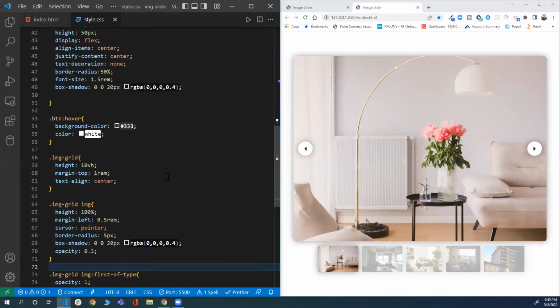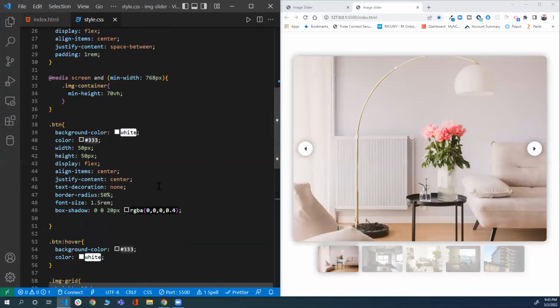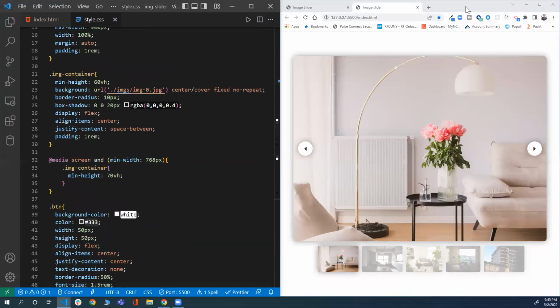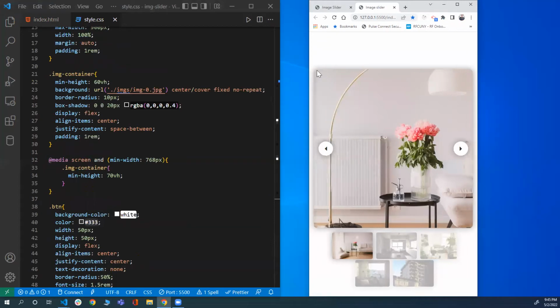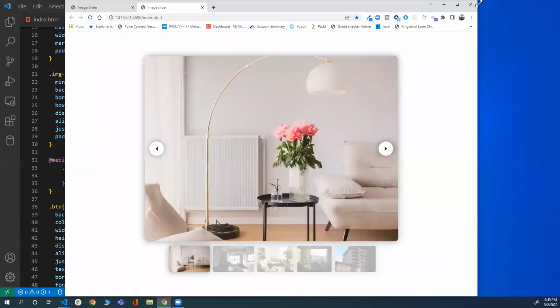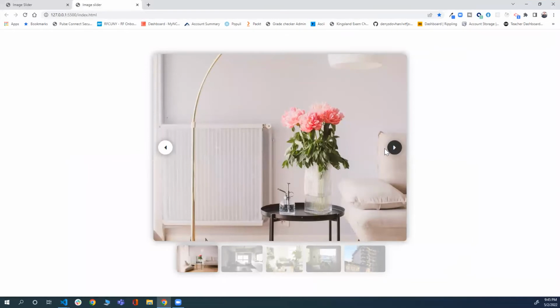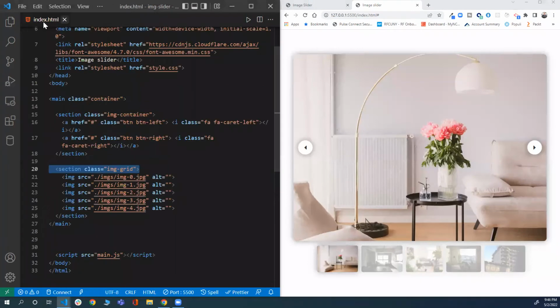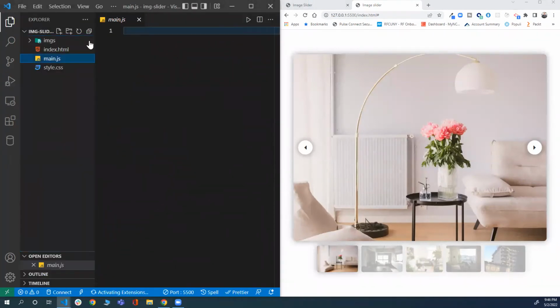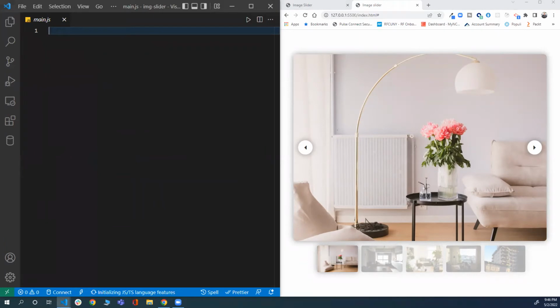And that's it for the CSS. It's very simple, not too much CSS, and you will see our application is taking shape already. And it's very, very responsive. Good. But now, as you can see, the functionality is not working, so we need to work on the JavaScript side. To work on the JavaScript side, I will open my main.js. And I will start by